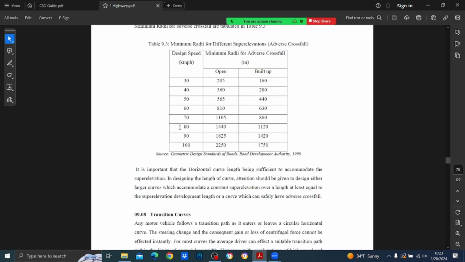And adverse crossfall is, if you are going to give a radius greater than this, you need not provide super elevation. Okay,